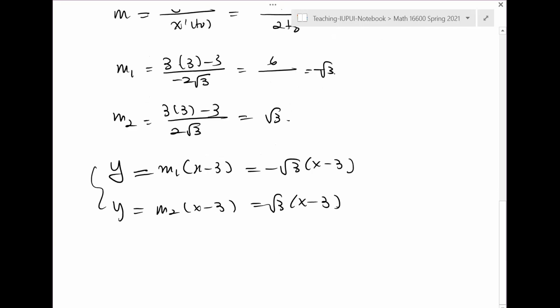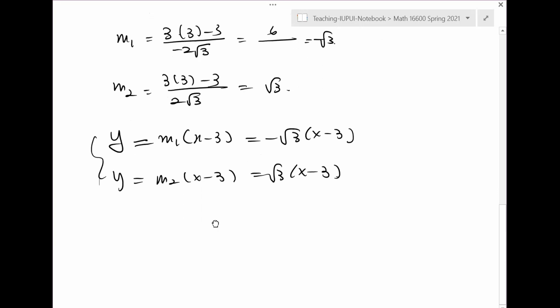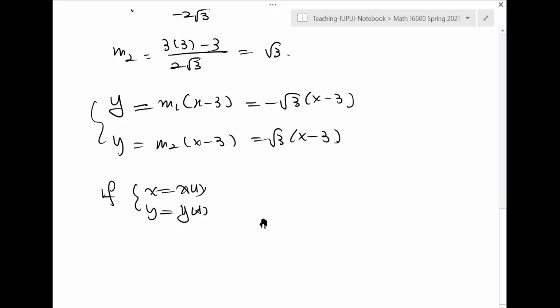That is, how do we find the tangent line? Now, if x depends on t, and y depends on t, we still want to find the value of dy/dx when x equals 1. So at a particular point,